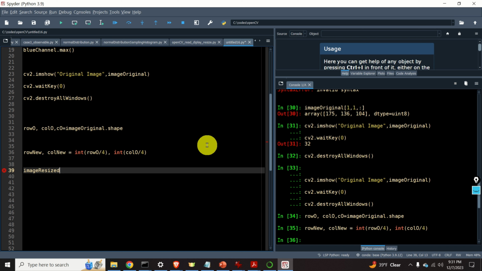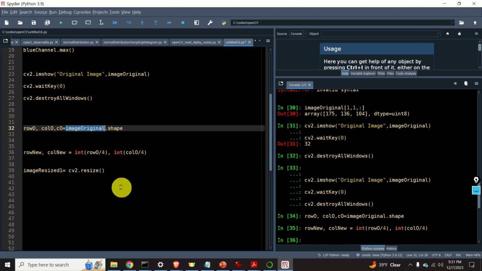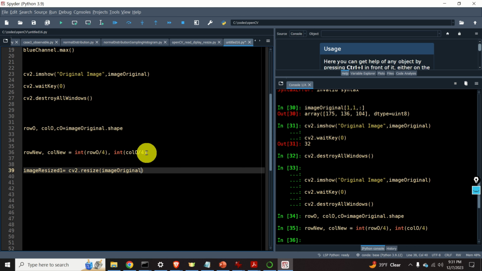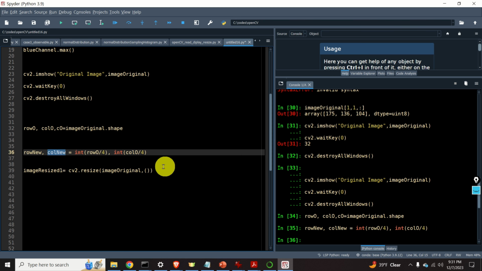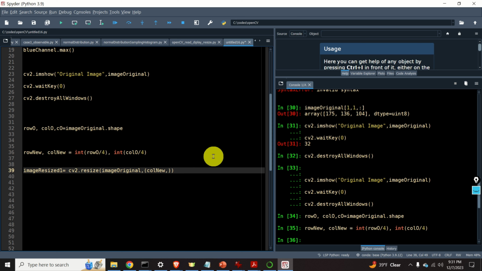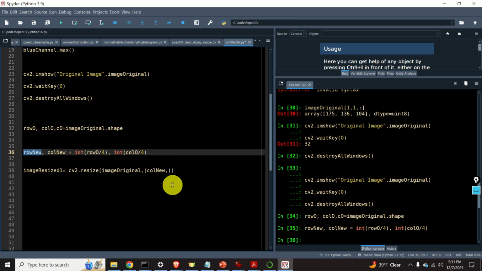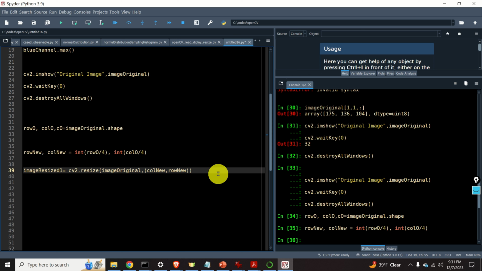Let's call it image resized 1, and we call this function cv2.resize. And we specify the name of the image. The name of the image is original image. This is the first input, and the second input is this tuple, where the first entry of the tuple is the number of columns of the new image, and the second entry of the tuple is the number of rows of the new image. Okay, so let's execute this,